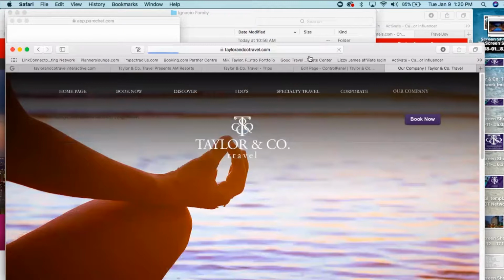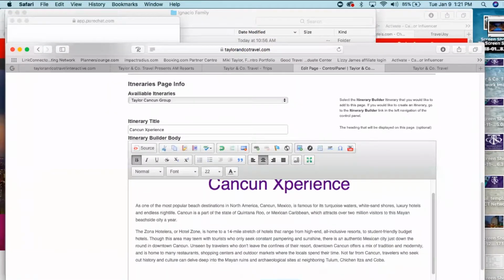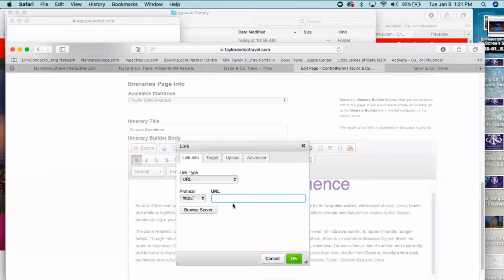And you'll see that form opens up. And I'm going to grab the URL at the top, come back to the page, highlight this, and I'm going to go up to the chain link with the green plus. And all I have to do is paste that link right into where it says URL